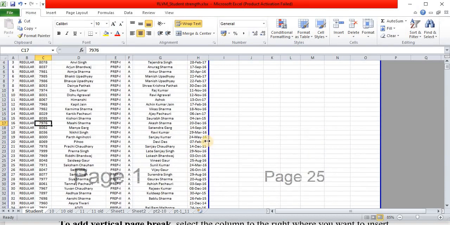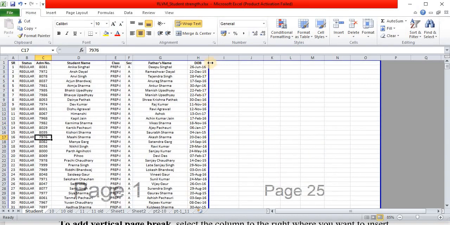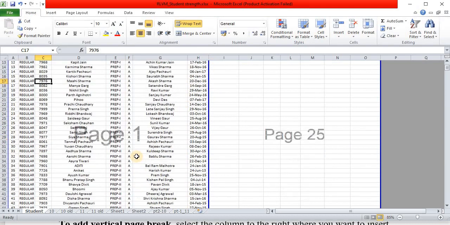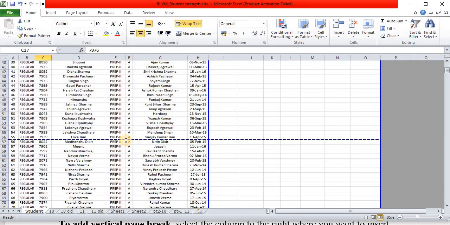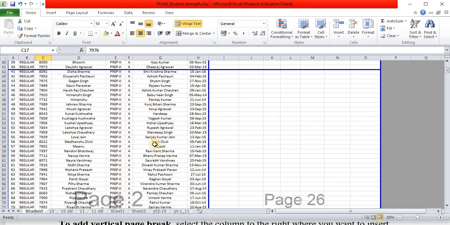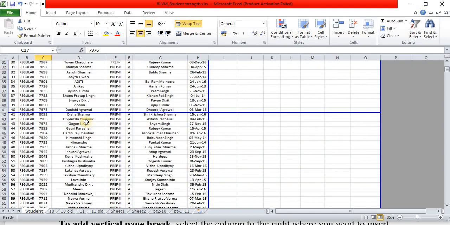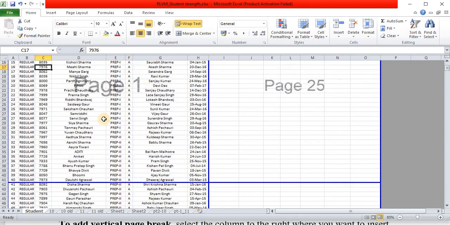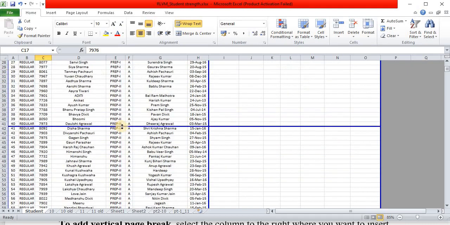This is the horizontal page break preview. If you want to see the vertical page break preview, now you can see up to serial number 55 will be visible on your first page, but you want less than 55. Now apply this, and you will see the records of 40 students will be on page number 1.